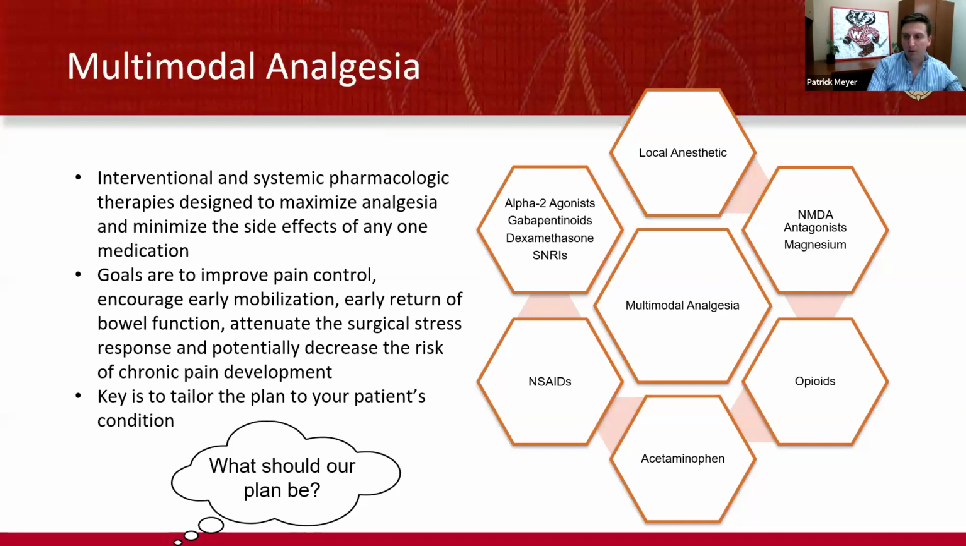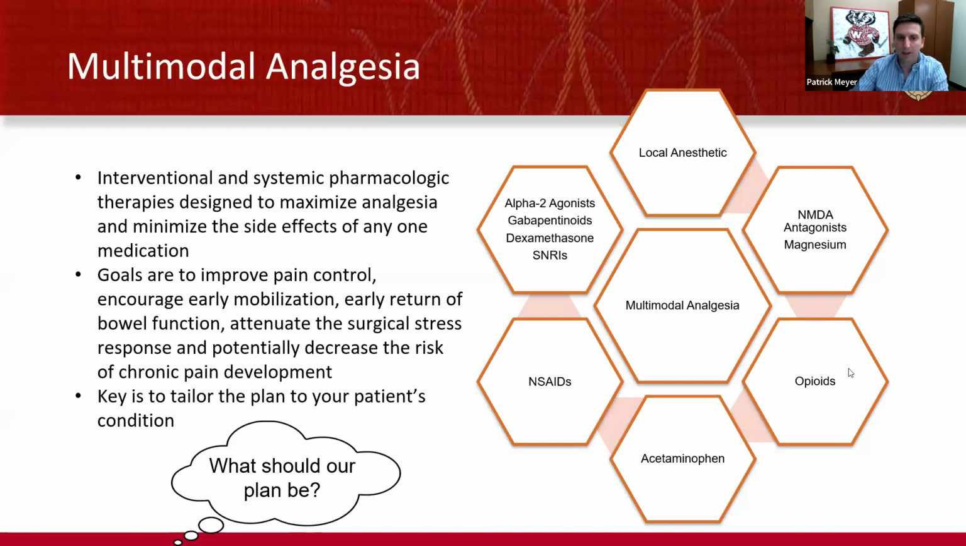Really, our goals are improving patient recovery following surgery. So improve their pain control so they can ambulate early, minimize opioids, and encourage early parenteral nutrition to get early return of bowel function, decrease the stress response that we know has a lot of deleterious effects on patients post-operatively, and acutely controlling pain is actually thought to have a role in decreasing the risk of chronic pain after surgery as well. The key here is, really you got to think through these different types of medications and tailor it